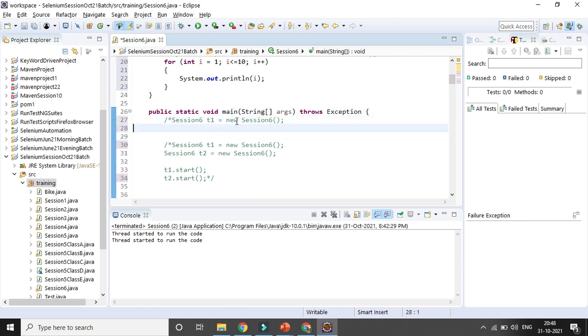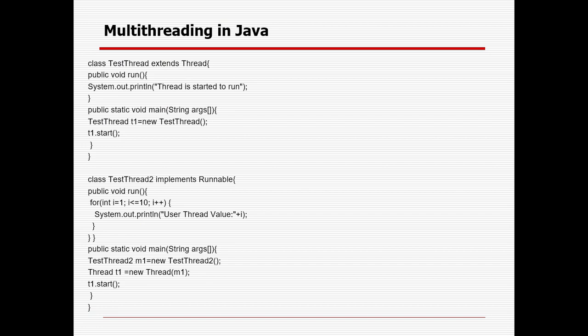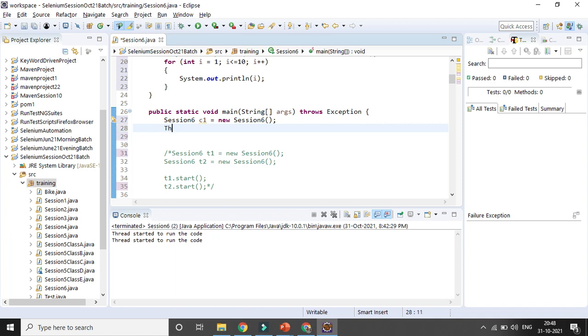That is the instance you need to use for the thread. So, Thread t1 equal to new Thread, and here you need to provide that object. Otherwise it is the same way. Then you just start it, t1.start.